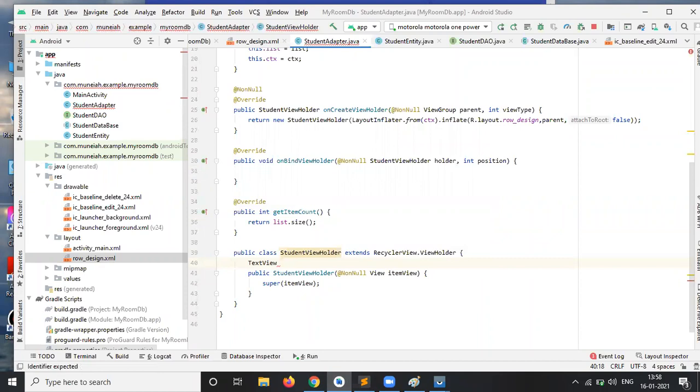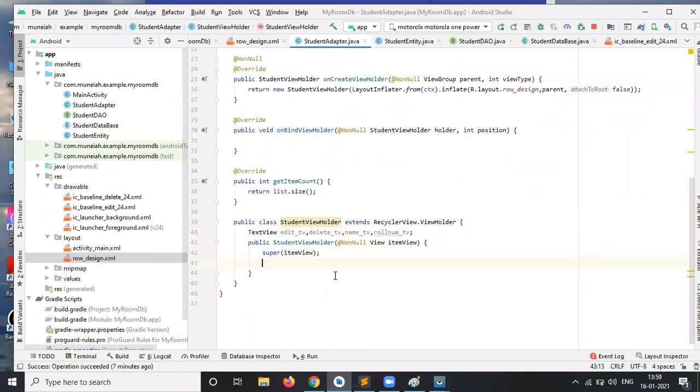What are they? editTV, another for deleteTV, another for nameTV, and the last one for rollNumberTV. Okay, so you can just initialize these IDs here.